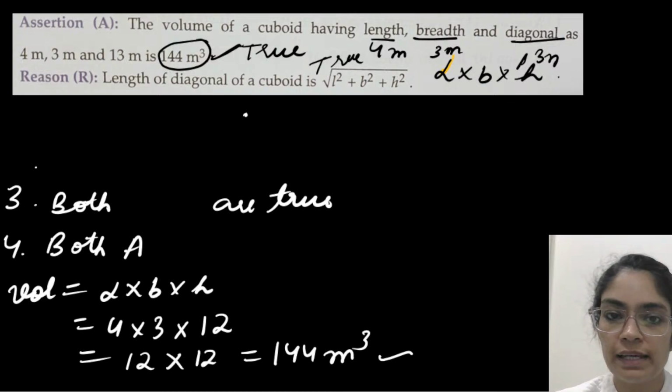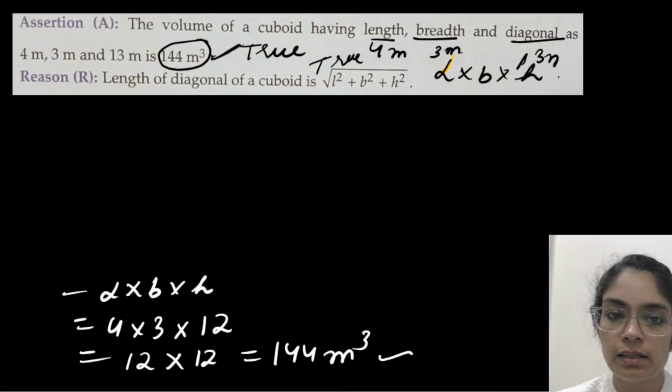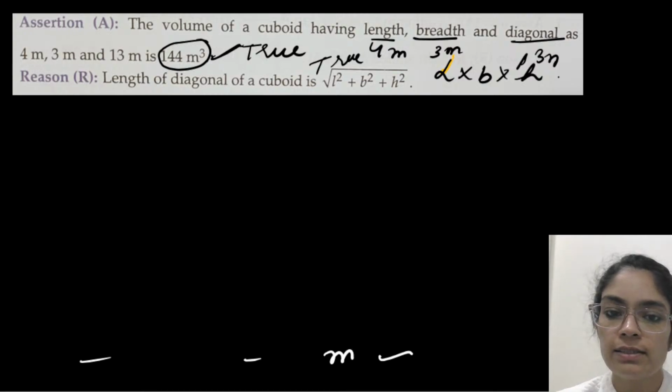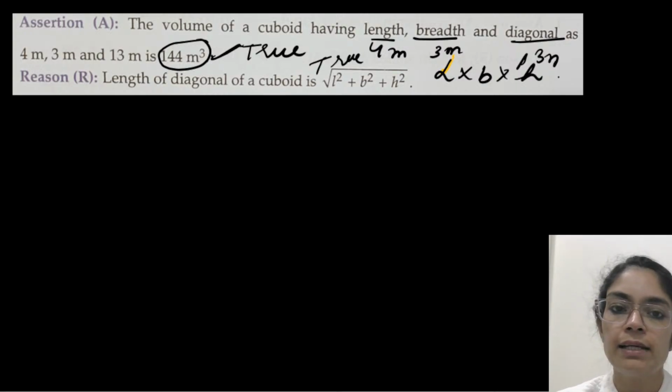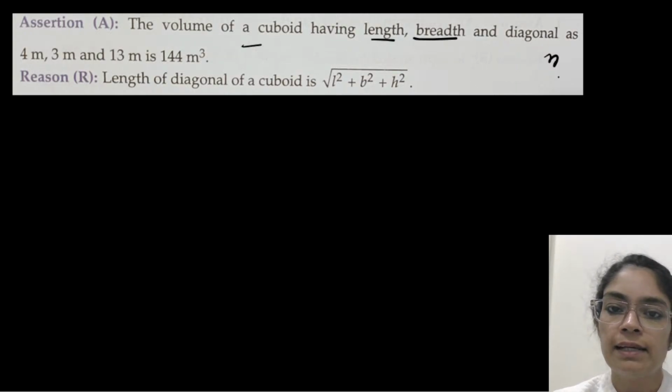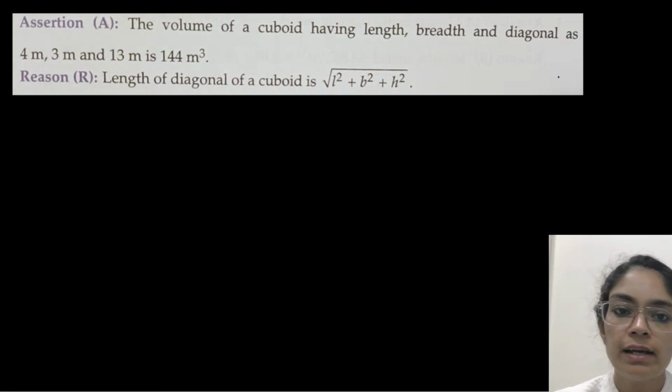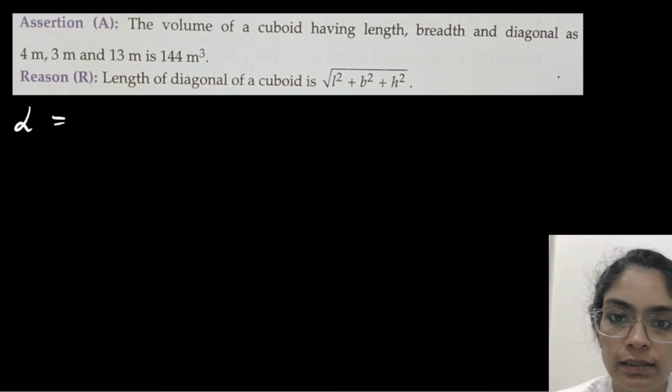Third option, both A and R are true. I'll just explain once again if anyone has any confusion. See, what is the assertion statement? It's like a proof type of statement. They have mentioned this thing. They have mentioned volume of a cuboid,